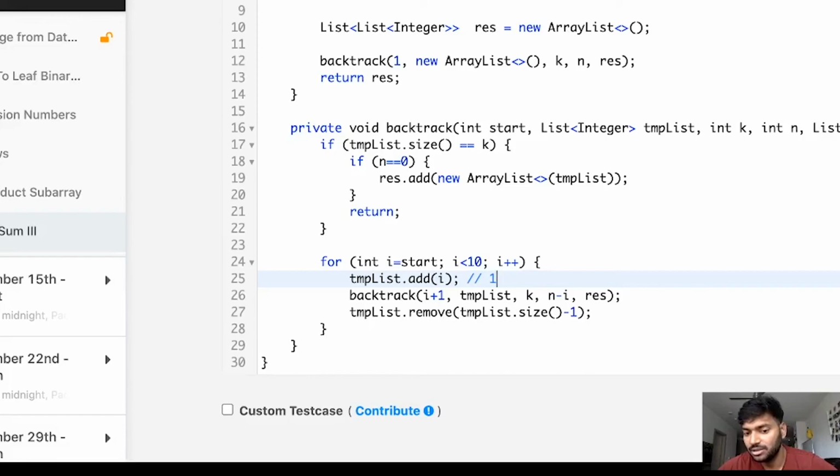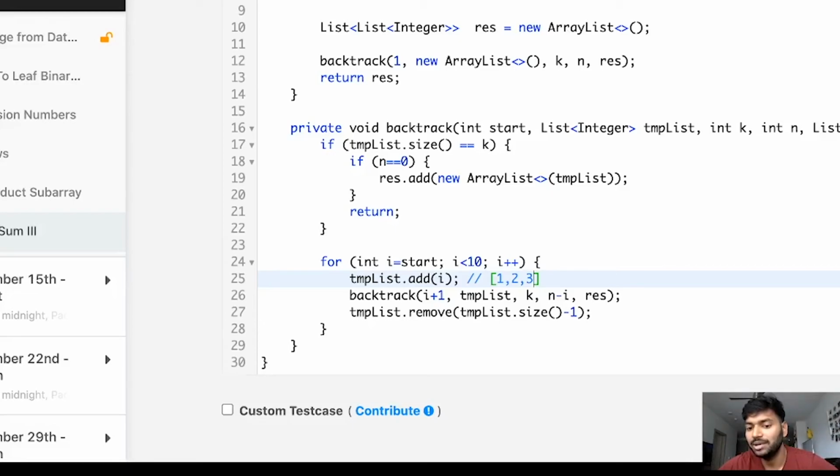You come back here, the size is not k yet, and this time the start is i plus 1, which is 2. So you add 2 into your tempList, and then you do i plus 1 again. This time you start from 3, you add 3. Now the size is equal to k.